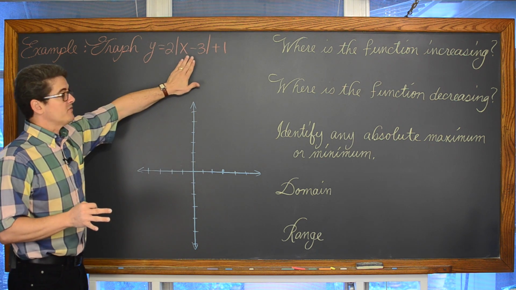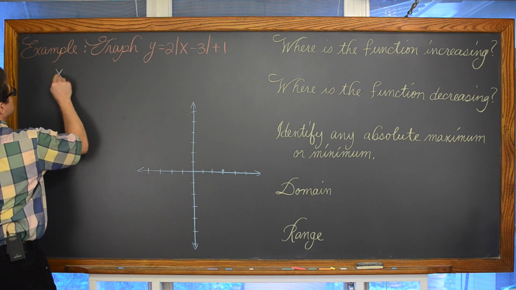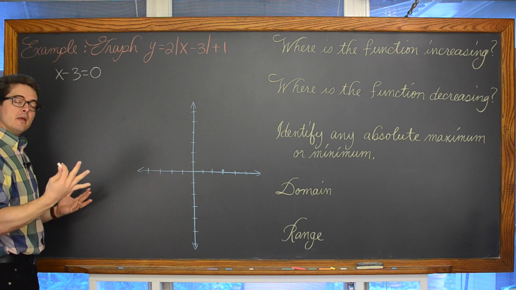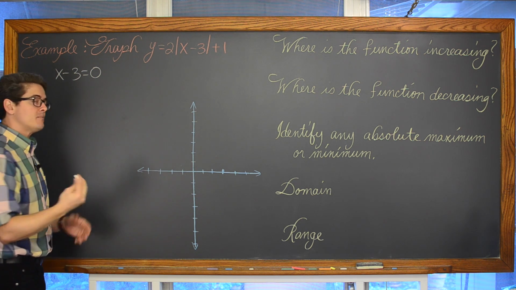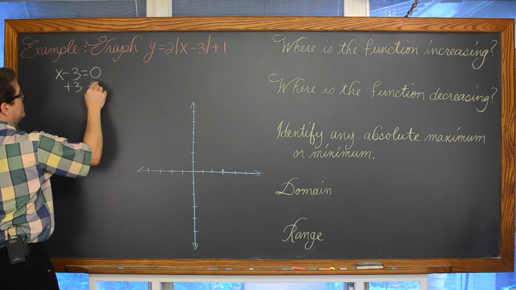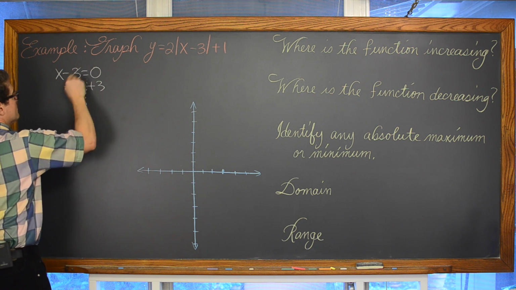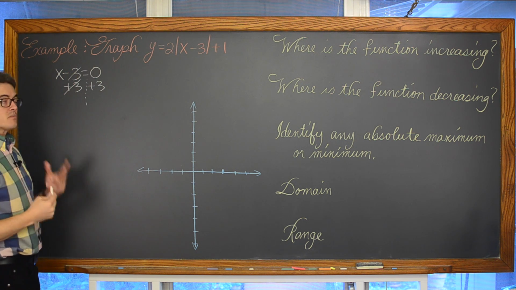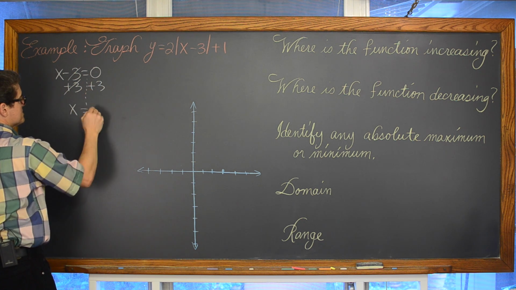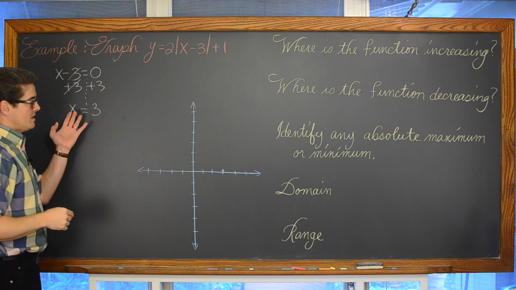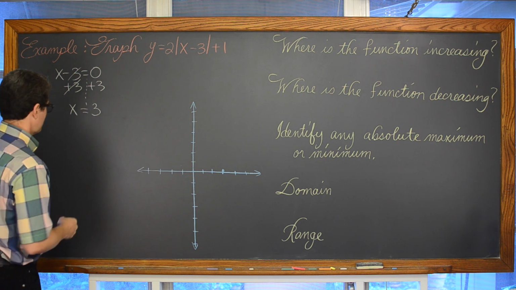So first thing we're going to do is come off to the side. I'm going to look at just the inside part of this, x minus 3. We're going to set it equal to 0 and solve for x. Well, with the x on the left-hand side of the equation, we have a minus 3. The opposite of minusing 3 is adding 3, because I want to move that 3 over the equal sign to the other side of the equation. Negative 3 plus 3, of course, is going to be 0. So we have x is equal to 0 plus 3, which is 3. This is going to be the x-coordinate for the sharp bend, that sort of pointy part of the graph.